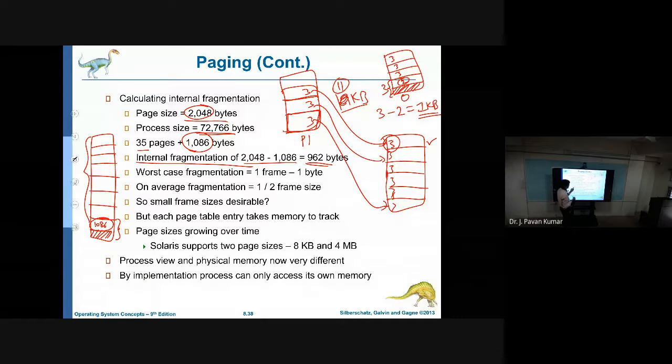That's why we will try to decide the frame size cleverly, so that it will not create the overhead of maintaining the page table as well as internal fragmentation. Okay, to minimize the internal fragmentation and minimize the overhead of maintaining the page table, we will be choosing the frame size. Okay, like this.